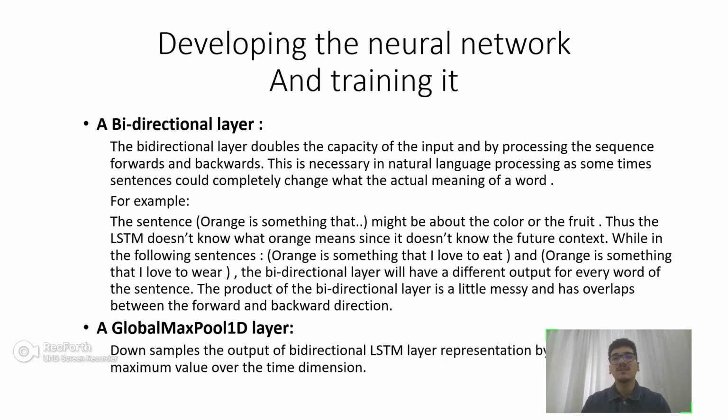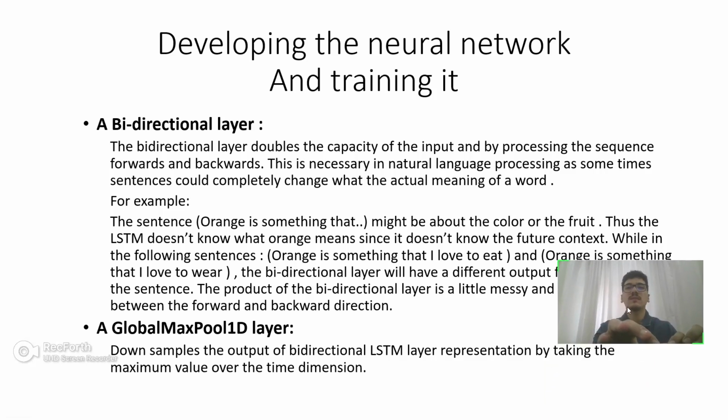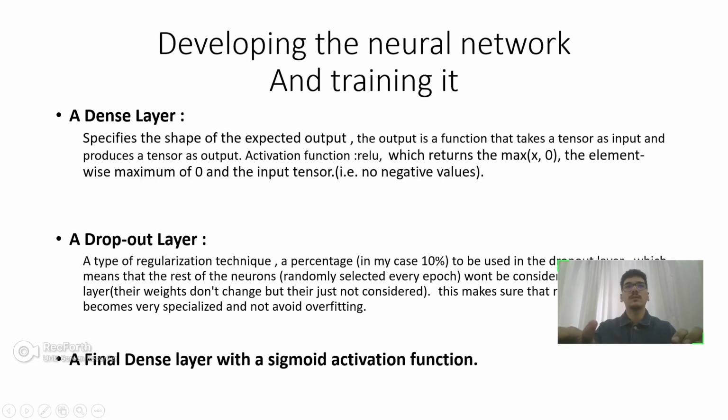For example, orange is something that I love to eat. Then the learning algorithm understands that it's the fruit. And then when you say orange is something that I love to wear, then the algorithm understands that it's the color. And the output of the bidirectional layer is messy because there's like 2 interpretations. So global max pooling, which is a pooling layer, it downsamples the output of the bidirectional layer,